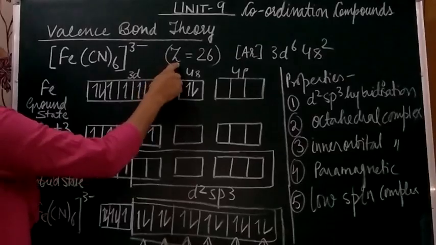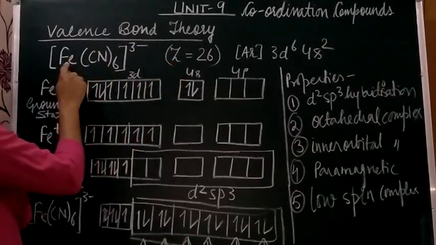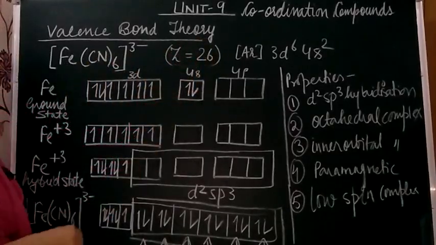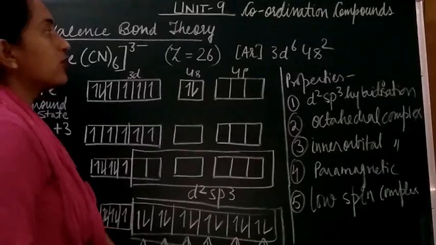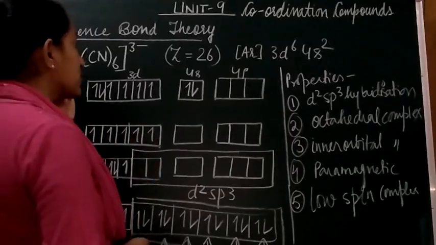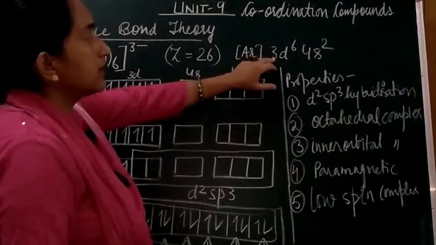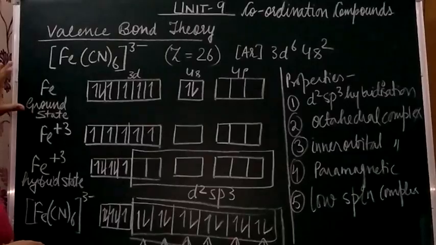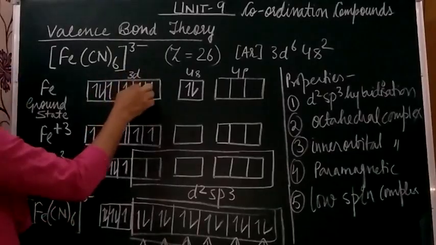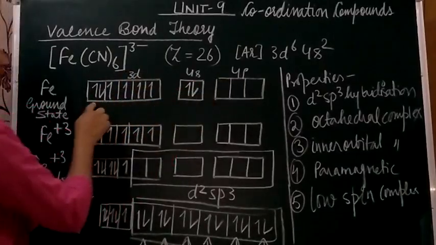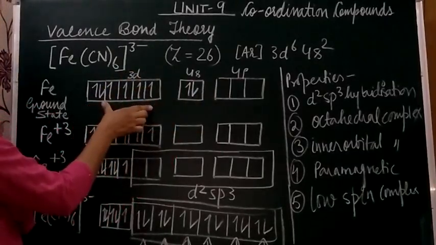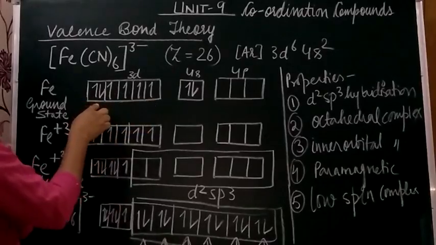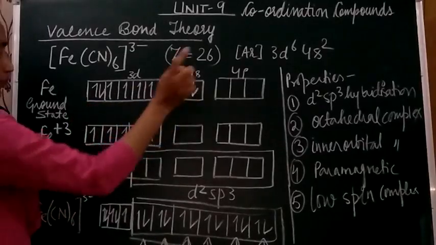The central metal ion is iron, with atomic number Z equals 26. What I told you last day is that I first have to write down the electronic configuration: it is argon 3d6 4s2. Then we will write down the iron in the ground state, so 3d, 4s and 4p. In this 3d6, single filling of the orbitals will take place first, and then the pairing will begin. That is 4s2 and 4p.